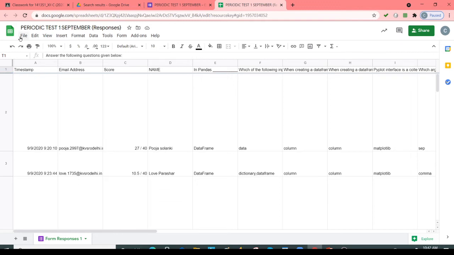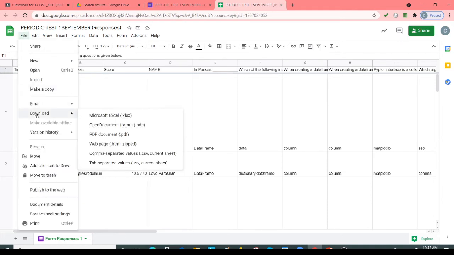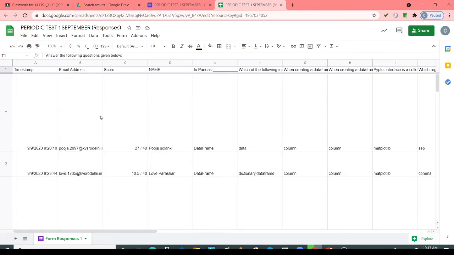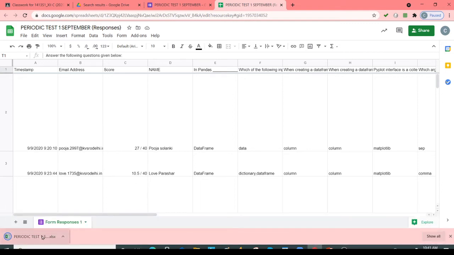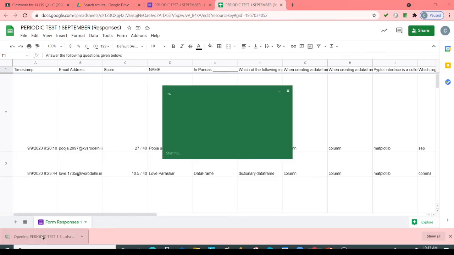Now if you want to download this, just click on this file option at the top left corner. Click on download, and here you will find Microsoft Excel. Click on Microsoft Excel. This file will be downloaded on your system. By default it will be downloaded in the download folder. So just open it and click on it.